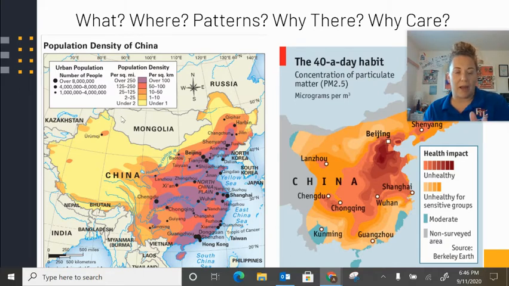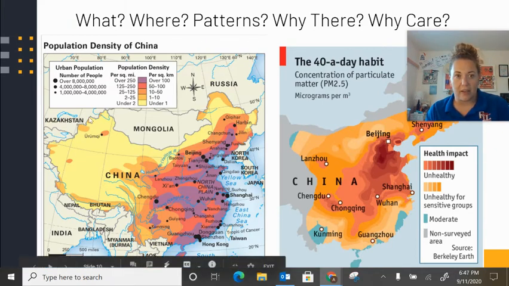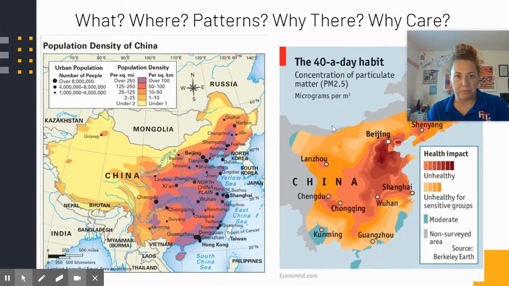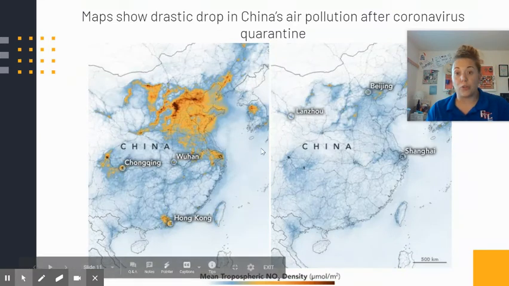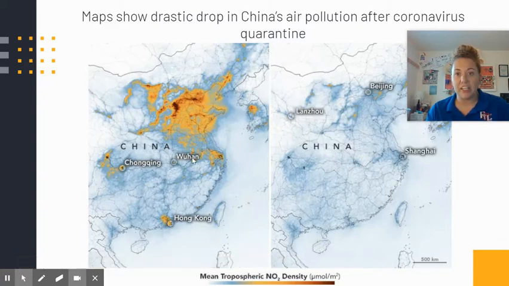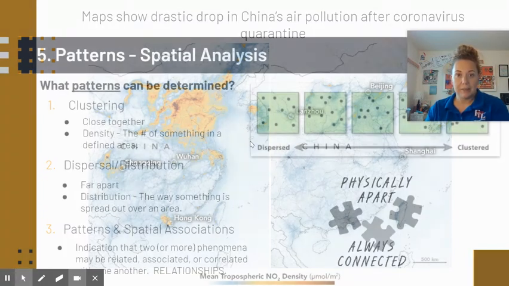So here on the left, we have population density of China, and then we have the concentration of particulate matter in the air. And again, you guys should be able to look at this and immediately start to draw some conclusions about similar urban high population density, and then the highest health impact of these particulate matters in the air. Okay. This is really interesting, very timely with COVID, just again, the difference in what happened. So obviously our population densities probably didn't change too much, but the human activity has decreased to where our air pollution is getting improved in China.